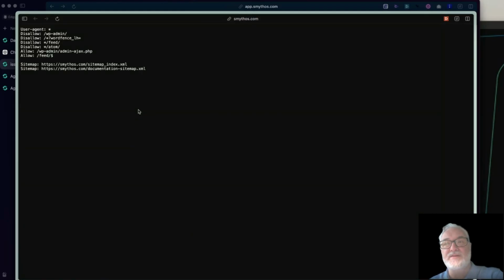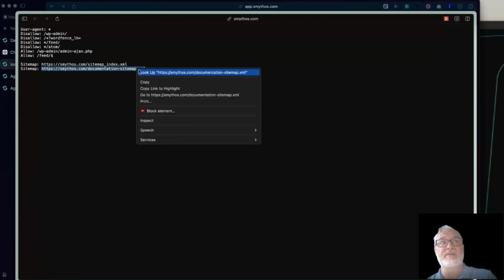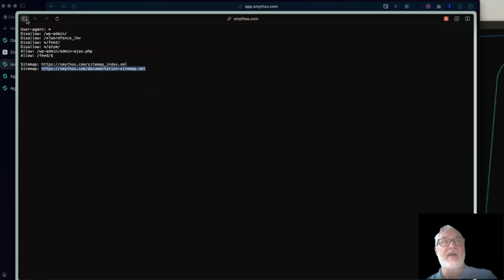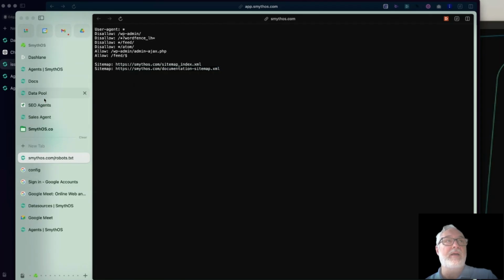this file, which is on any quote unquote good website, that has a list of directives for bots that come to your site and tell them what they can and can't do. Like, hey, don't look here, don't look here, but you can look here and you can look here. And then it also typically identifies one or more sitemaps. Usually it's just one, but you can, for example, grab this link and then use that as your